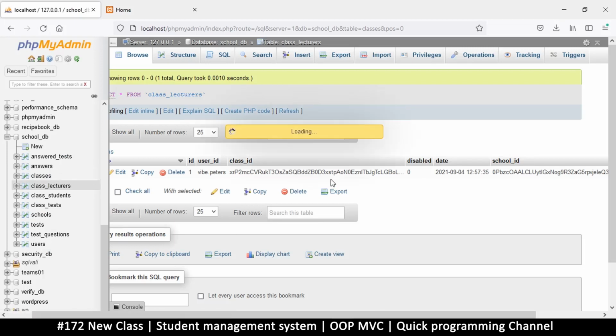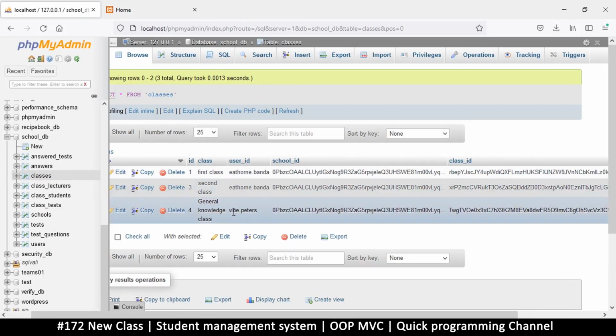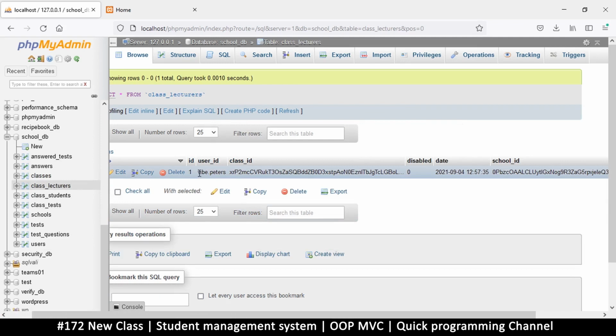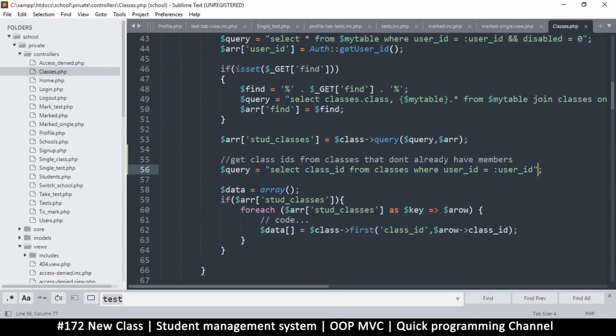So what I'm reading here is inside here, I'm looking for a particular ID, which is Vibe Peters, and I'm looking for all classes that belong to this user ID. Right now it's just one here, but that's okay because once we go back to class lecturers, there's another class here that belongs to Vibe Peters where he is a lecturer as well. So we'll have two class IDs now, which will lead to two classes being displayed. So let's do the same thing here and just get class user ID is equal to user ID. That's okay. Then let's get this again,